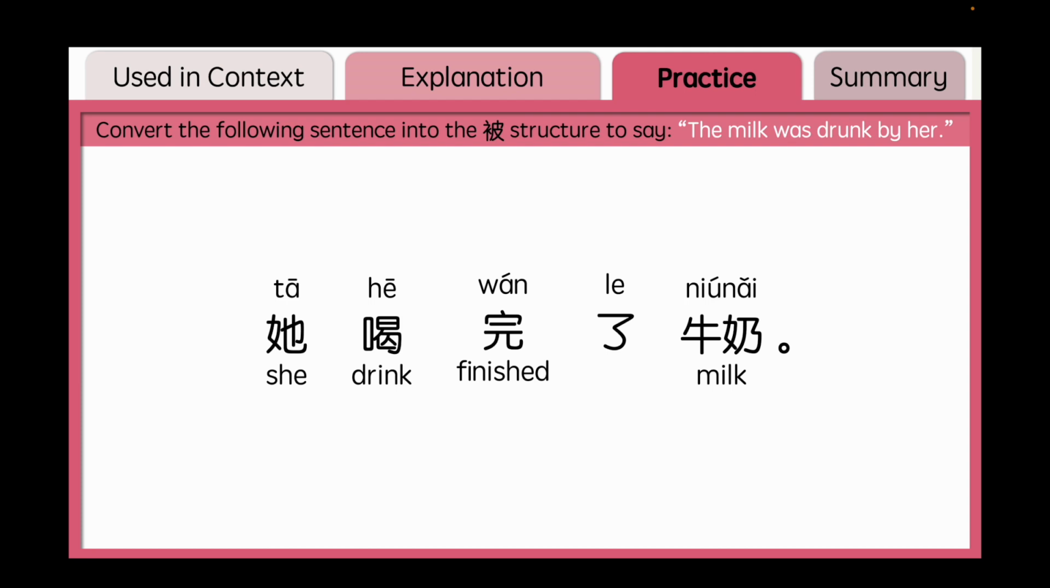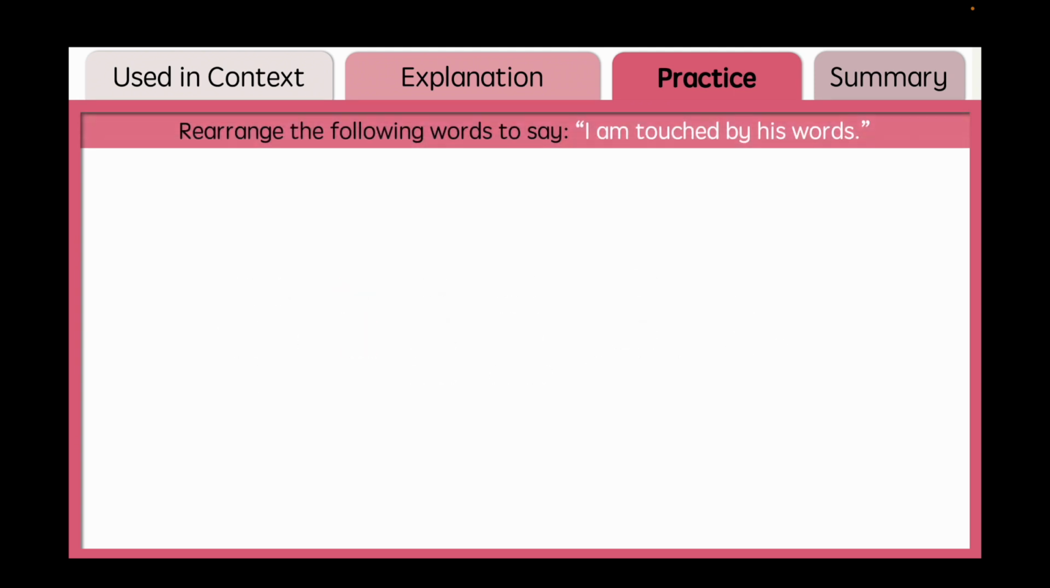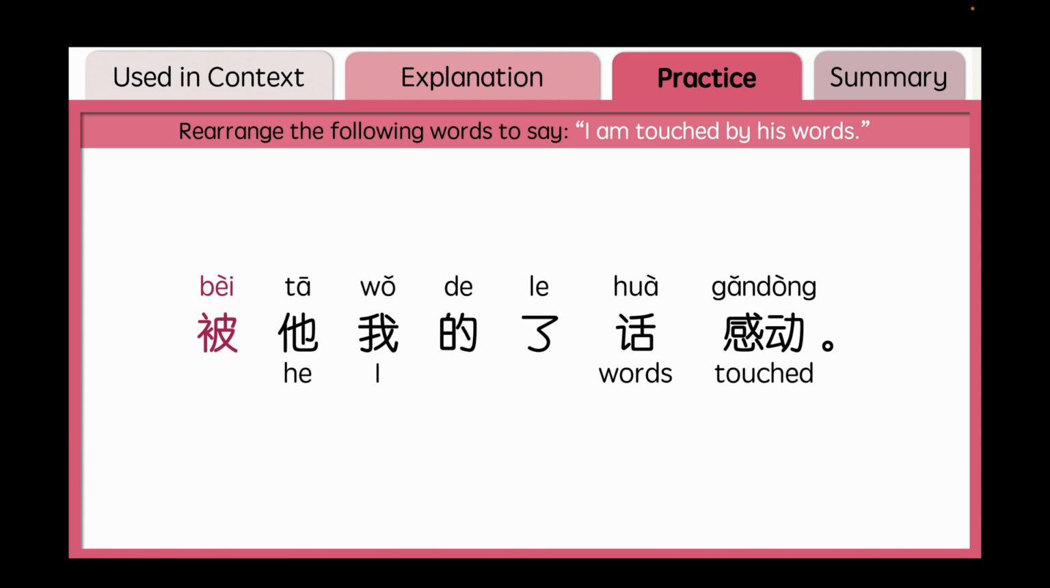Convert the following sentence into the base structure to say, the milk was drunk by her. You can pause the video and think about it first. Yes, the answer is 牛奶被他喝完了。